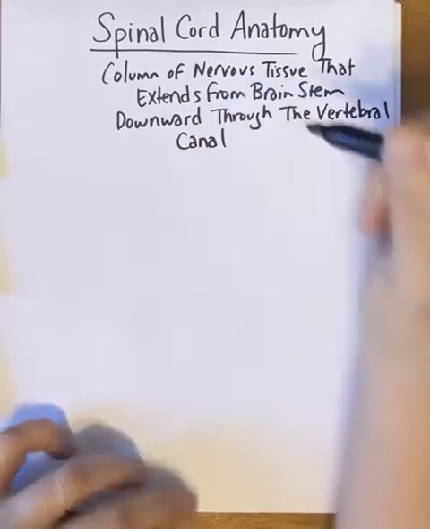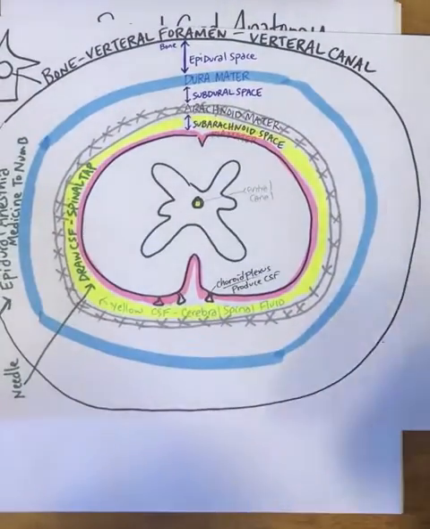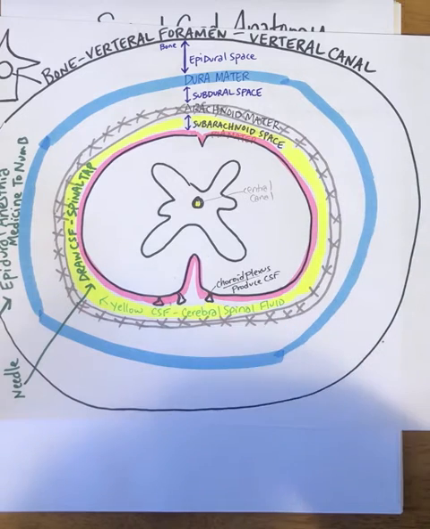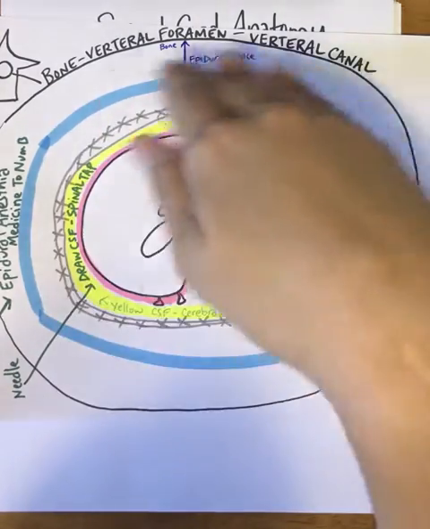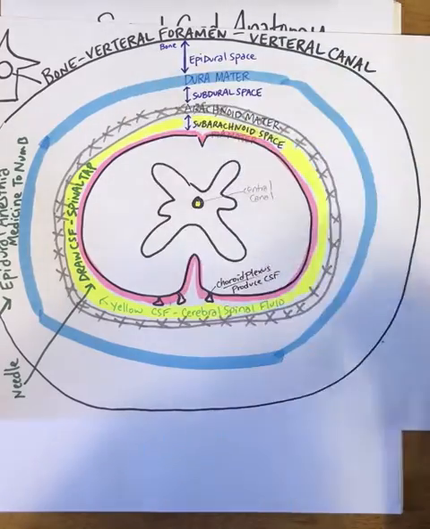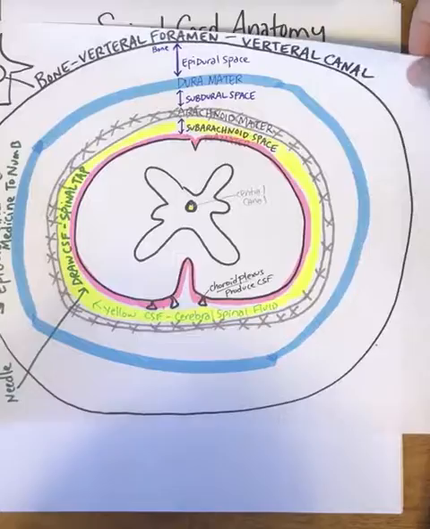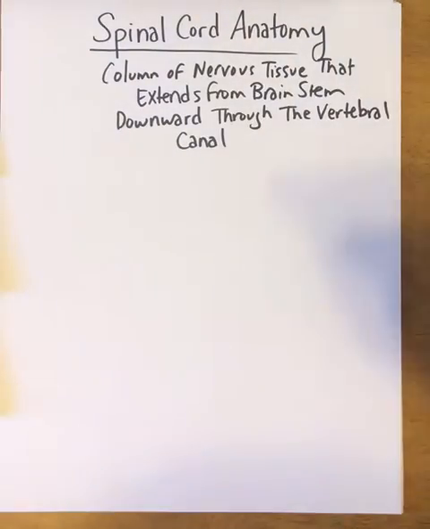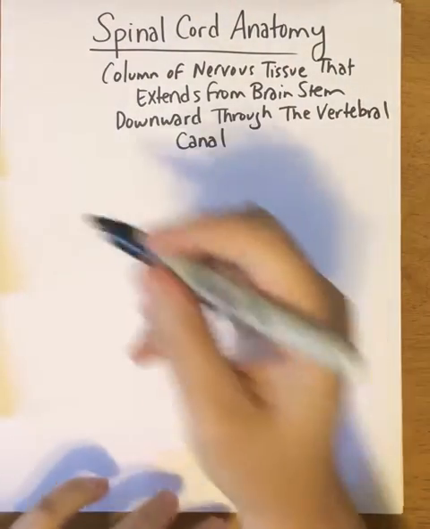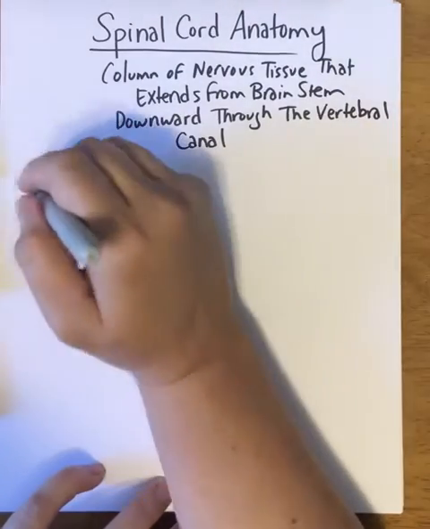So it does extend downward through the vertebral canal. We have a picture where we basically discuss the vertebral canal and the meninges. We've also talked about gray matter and white matter of the spinal cord, but now we're going to go into more details on the spinal cord. So this would be a cross section of the spinal cord. I'm going to be using something like this, but we're going to start with the longitudinal view of a spinal cord. So when we look at a longitudinal spinal cord view,